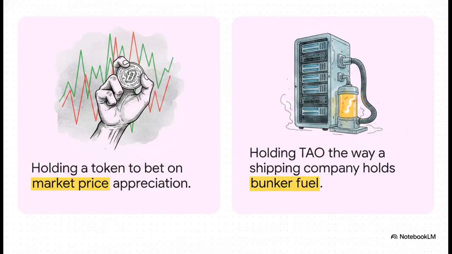Now, we humans tend to look at crypto as a speculative asset. We buy a token hoping the price goes up. But machines, they operate purely on function. An autonomous agent holds a token like Tau for the exact same reason a massive shipping freighter holds bunker fuel. It needs it to make the engine go. Participating in that distributed intelligence market literally requires the token to function. For the AI, it's not a day trade. It's just basic operational overhead.